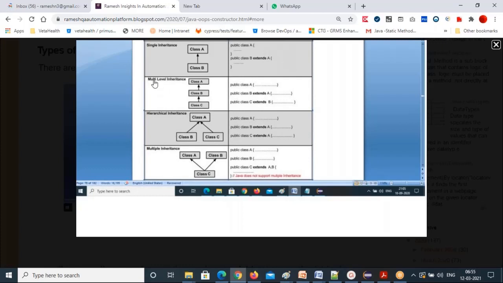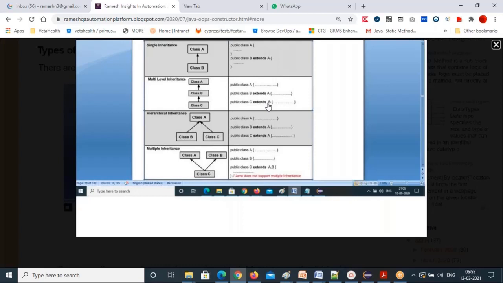Next, multi-level inheritance. Multi-level inheritance means public class A, public class B extends A, and public class C extends B. That means B can access A's methods and properties, and C can access B's methods and also A's methods. Just assume a family structure: grandfather, father and child.